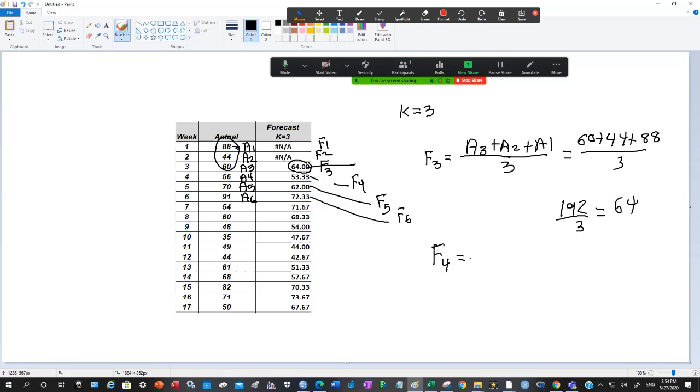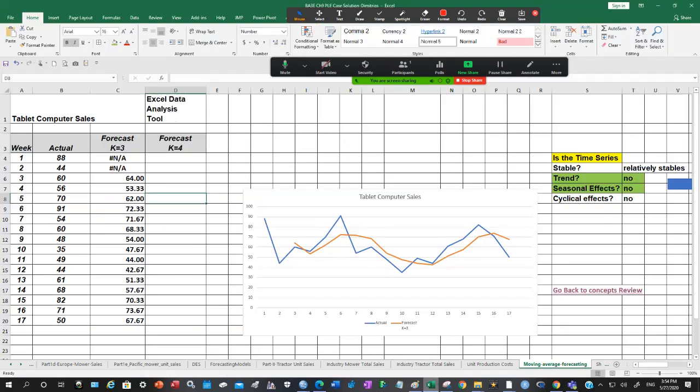F4 will be A4 plus A3 plus A2 over 3, right? So it's going to be, so, oh, okay. No, it's, I have a different eraser here. No, this is, I keep forgetting, I'm going through so many tools, but I can go back to Excel actually,